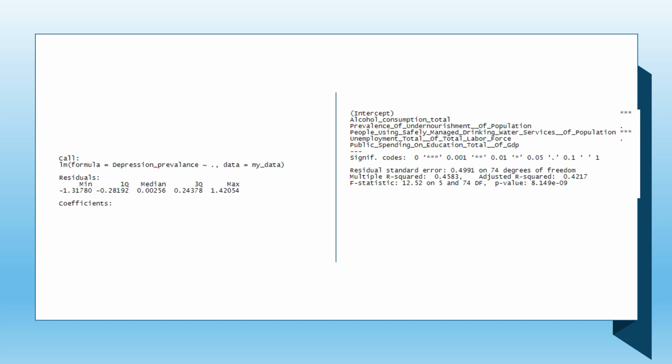And so what this is telling me is that we are accounting for 42% of the variance in depression prevalence, but there's still about 58% that we're not. So there are still predictors that I haven't identified that would probably benefit this model. Off the top of my head, some of those would be total GDP, maybe education levels, things that allow people to feel a little more accomplished in their lives, maybe religious freedoms, things like that.